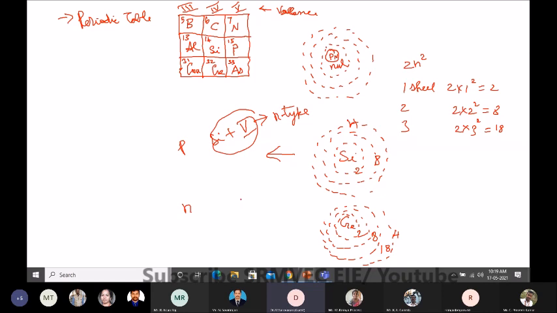And similarly, silicon plus a trivalent, a third group element, if you add it, that is doping, it becomes p-type. Why? Because 4 electrons are needed for forming the covalent bonds, but only 3 are available. The absence of an electron we take as a hole. Pentavalent gives excess electrons, whereas here it is trivalent, so more holes will be available, so it becomes p-type. This is how p-type and n-type are formed.